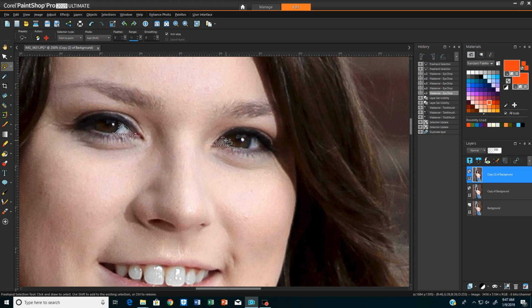Your other finger is still on the shift key. Get this section of the eye. We're just kind of outlining the white. You can go just a little more into the dark of the eye and give it a little more white. Now, I really don't see any white on this side of the eye, but we know it's there. Let's visualize where we think it is, just a little portion.